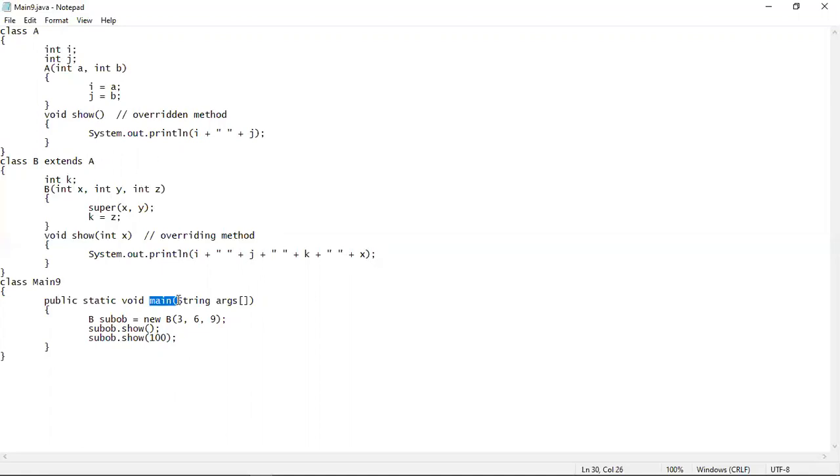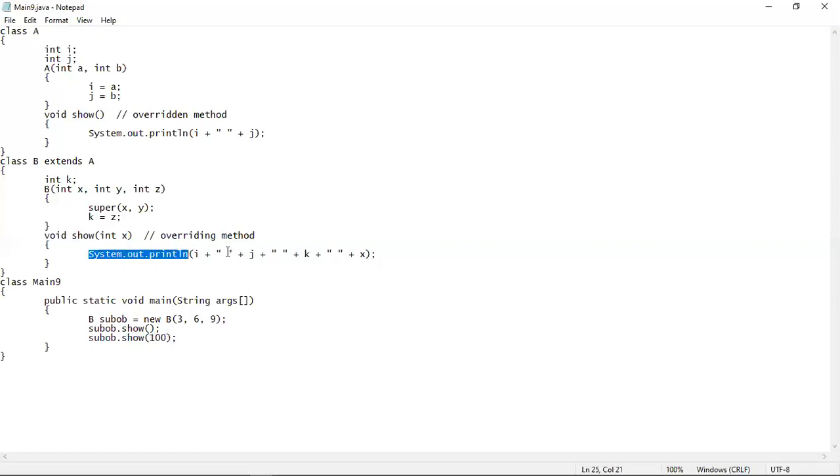Here in the main class, you can see that this is the sub object that we have created, and using the object we are calling the show method, which is the superclass version of the show method. And using the same object we are calling the show method, which is the subclass version of the show method. And here there is one parameter, that's why we are passing an integer value into it.